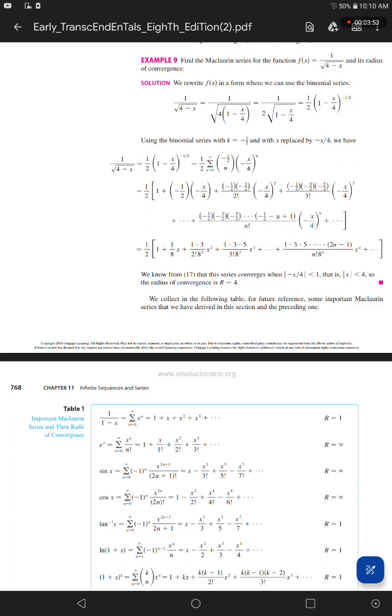We know from equation 17 that this series converges when the absolute value of x over